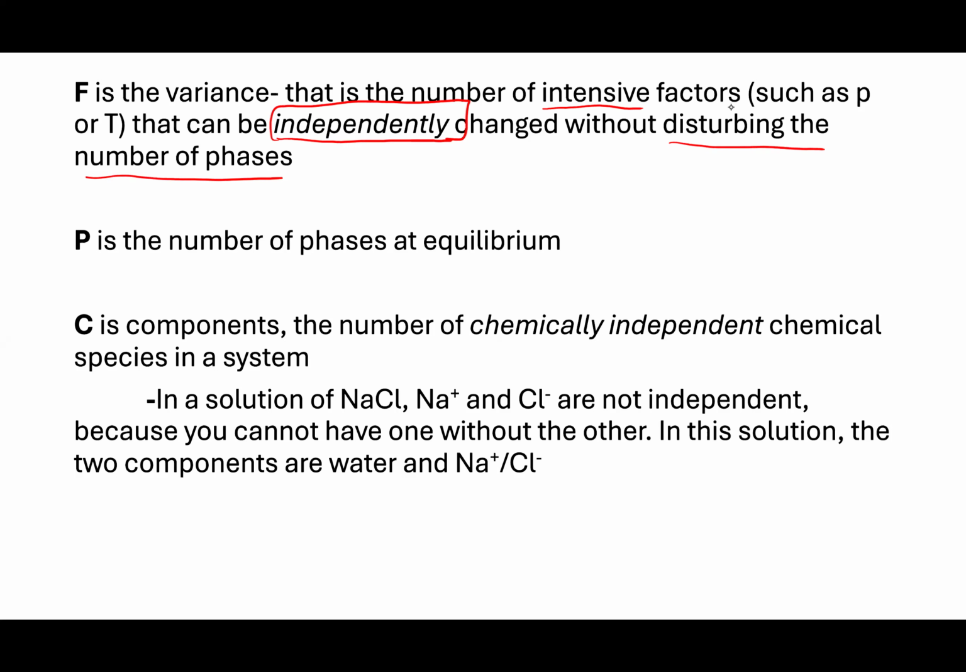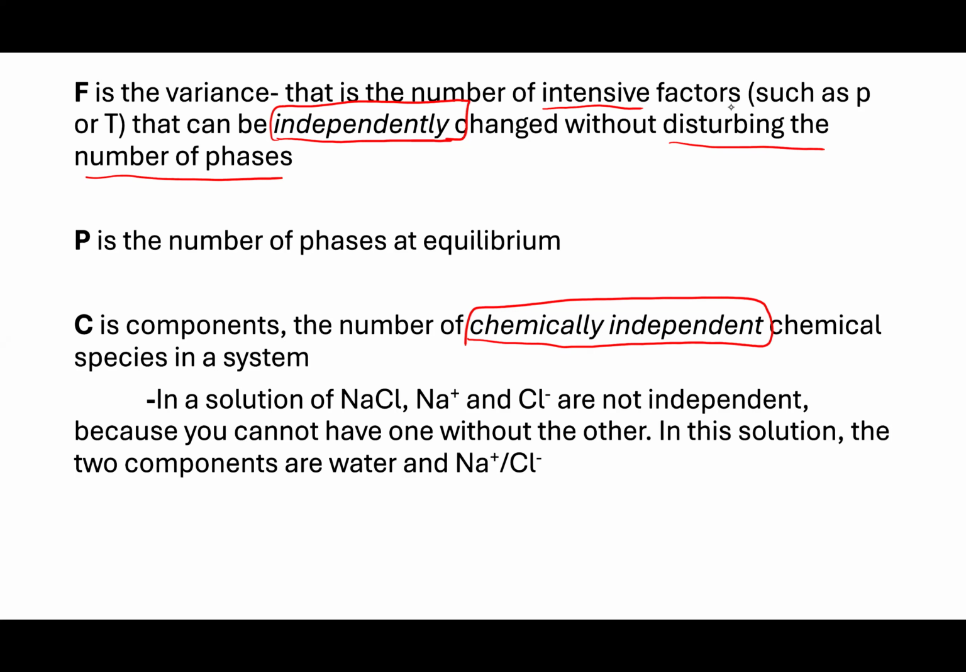the number of chemically independent chemical species in the system. So this independence is going to be a key thing here. These will become a little bit more clear as we go through the phase rule and the different diagrams. But for example, of chemically independent, let's say we have a solution of NaCl, so it's NaCl in water, basically. Na+ and Cl- are not fully independent of each other, because